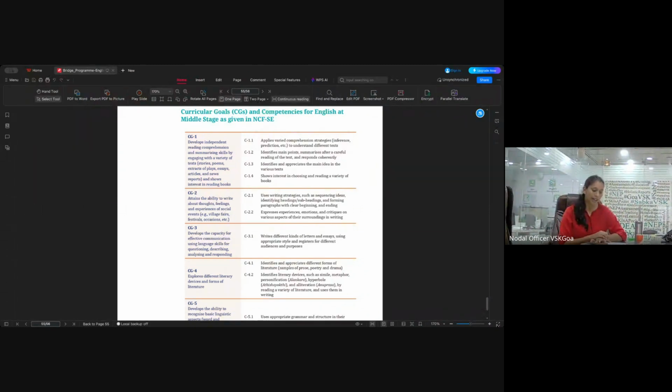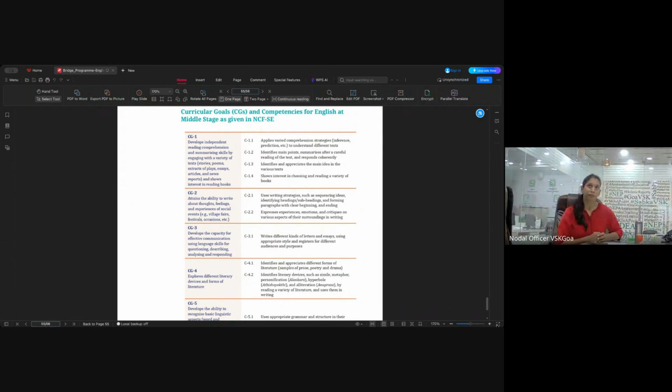So the goal is not simply to revise earlier concepts, but to prepare students for the higher level learning in English which is coming their way in the 8th standard and in the consecutive years of their study in English. So before we move to the plans, if you could just glance at your screens.